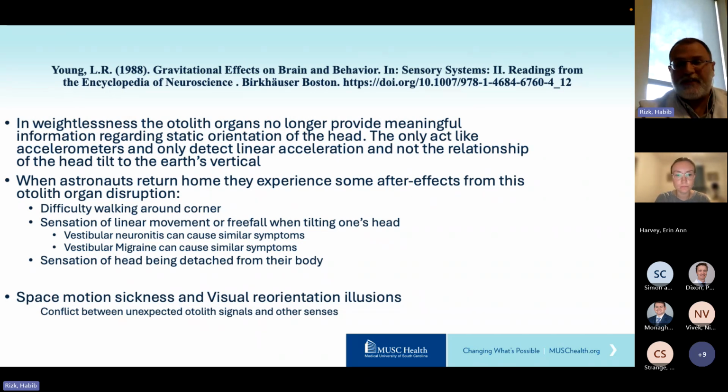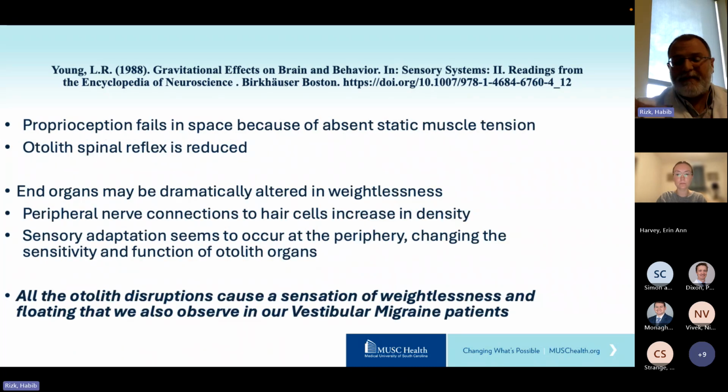They don't detect the relationship of the head tilt to the Earth's vertical because they don't know which way is up, basically, when you're in 0G. So when astronauts return home, they experience some of those after effects, and the symptoms they describe related to the otolithic organ disruption include difficulty walking around corners, sensation of linear movement or free fall when they tilt their head, sensation of the head being detached from their body. All of those symptoms you will hear vestibular migraine patients talk about. So basically, a vestibular migraine patient is like a true zero gravity type of model of what could happen in deep space. And those disruptions